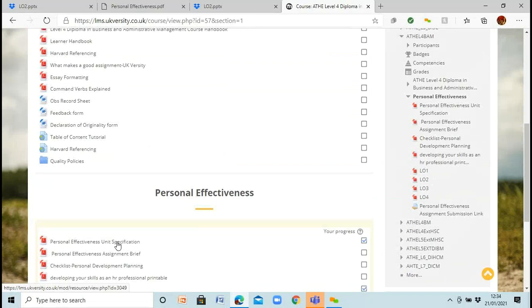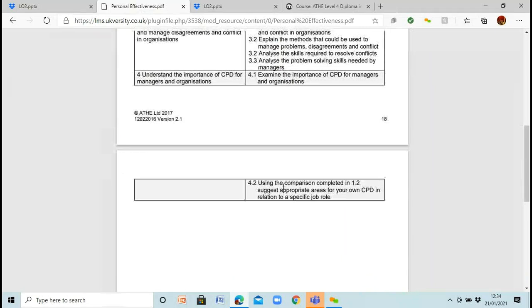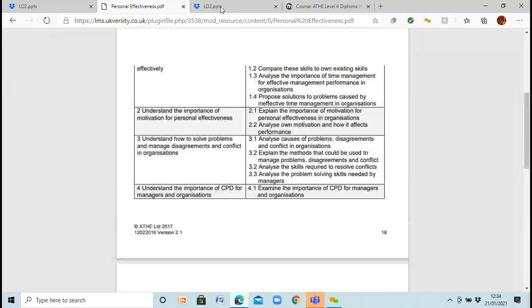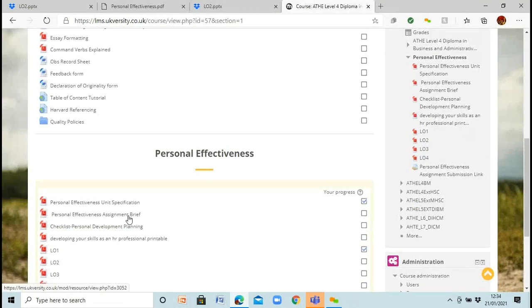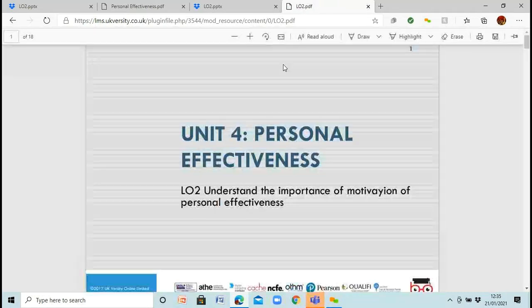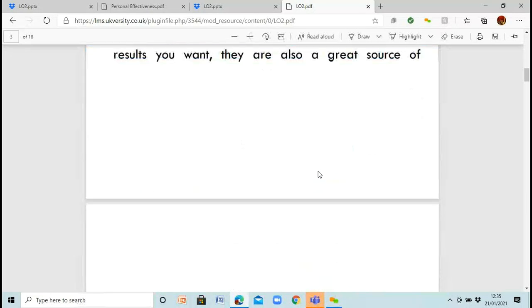So we've got the unit specification sheet that I've been looking at, which is this one, that just tells you all the questions that are on it. There's some hidden at the bottom here as well. And then we've got the assignment brief, which we'll go over on the assignment day. And then we've got Learning Outcome 2 over here. This is the PowerPoint that we've just been looking at. So you can pop back in and see what we've just learned today. So everything is in the learning environment for you.